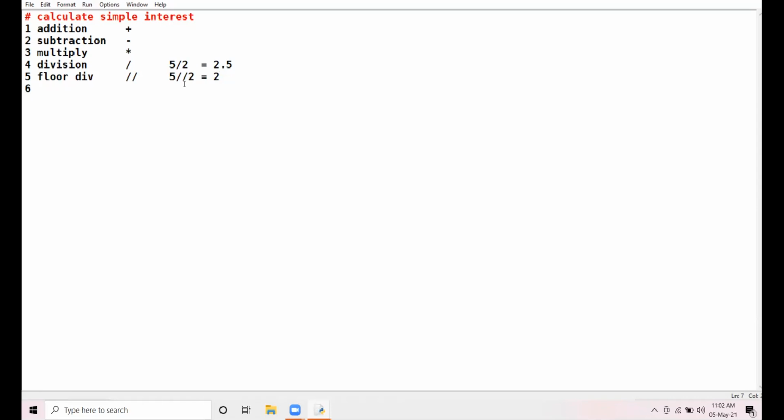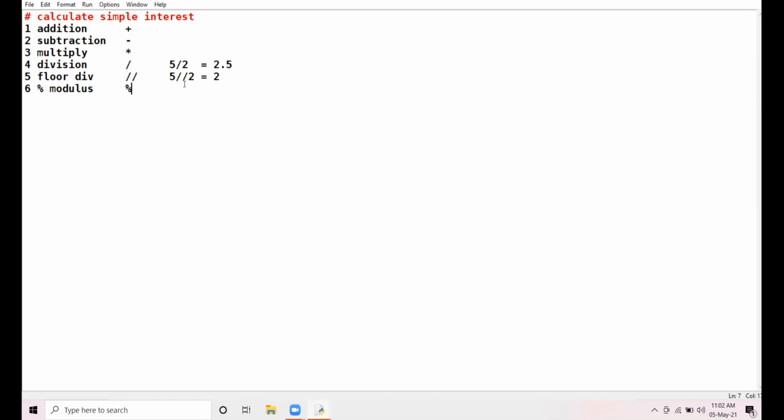Next is modulus, which you call percentage in maths, denoted by the percentage symbol. In programming, we say modulus.